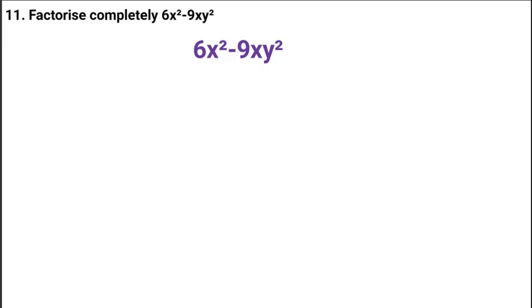In other words, I'm looking for the highest common factor of 6 and 9. So the highest common factor of 6 and 9 is 3. Okay, 3 is the biggest number that can go into 6 and 9 without leaving a remainder. Once I've done that, the next thing I'm going to do is ask myself the question, which is